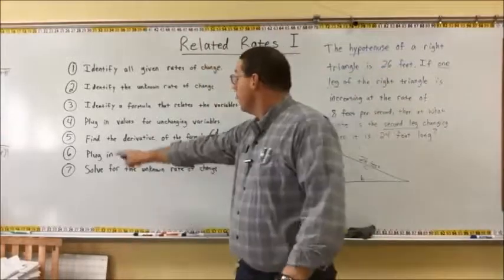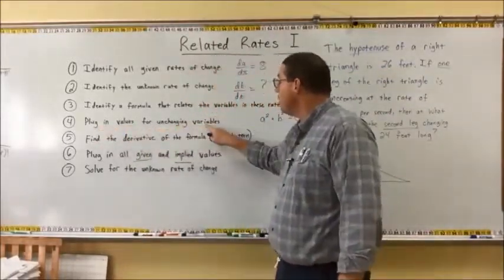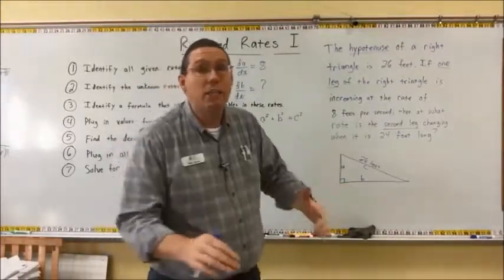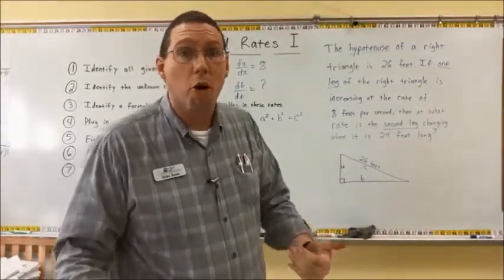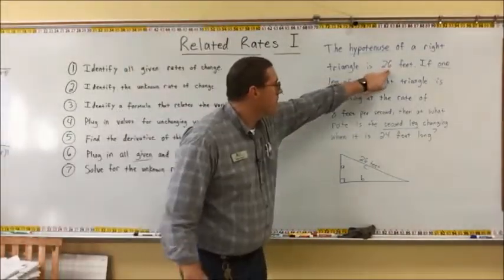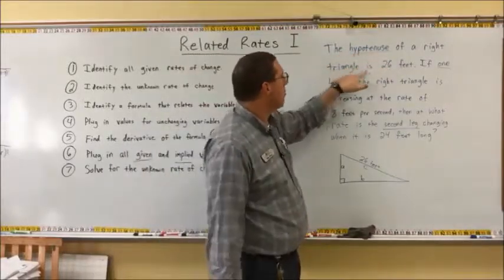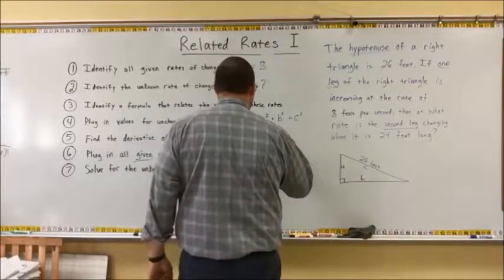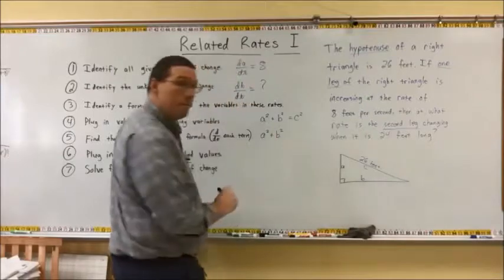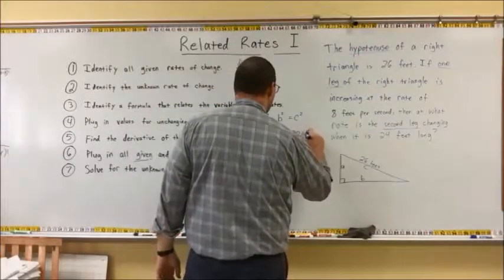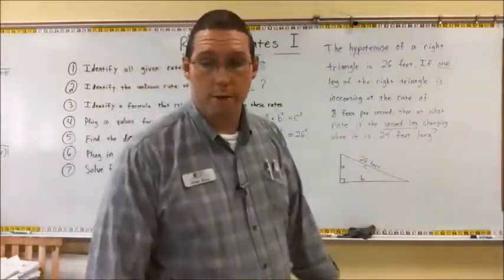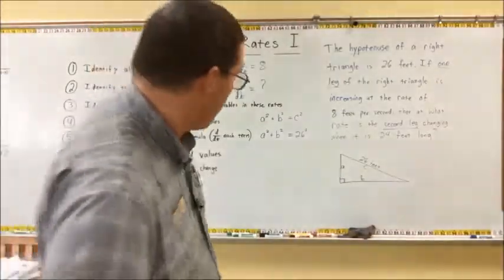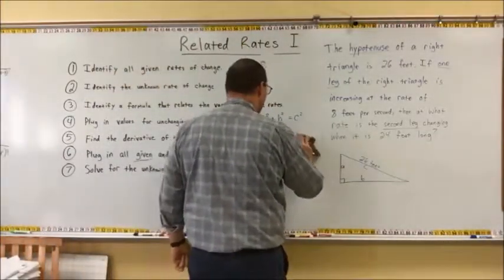Step 4, plug in values for unchanging variables. A is changing, B is changing, but C is not changing. So we finally get to use step 4. We're going to plug 26 in for C because the hypotenuse of the right triangle is 26 feet and not changing. So our new formula now is A squared plus B squared equals 26 squared. And if you want to, you can go ahead and square 26. So let's see, I probably should know this one, but 26 squared is 676. So instead, we're going to say A squared plus B squared is equal to